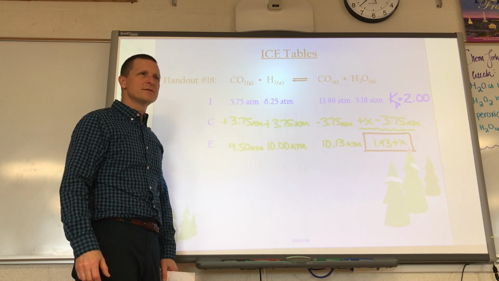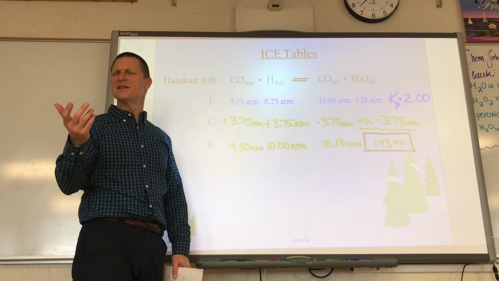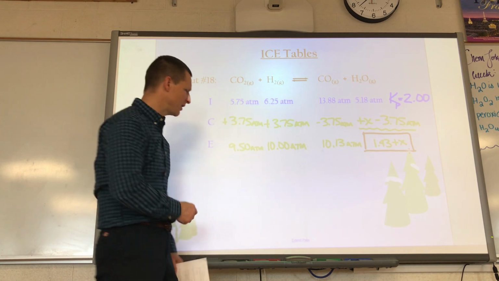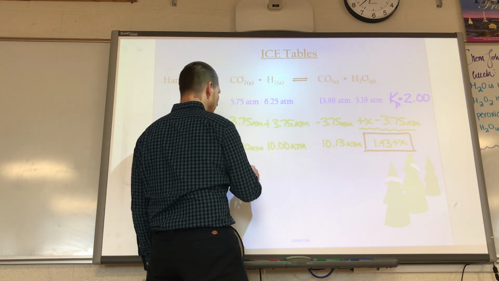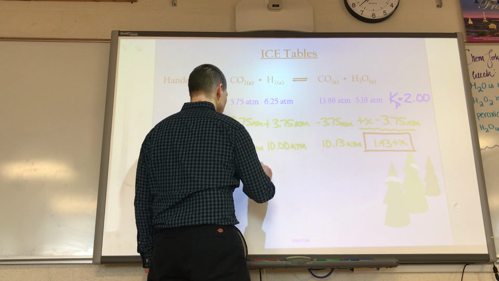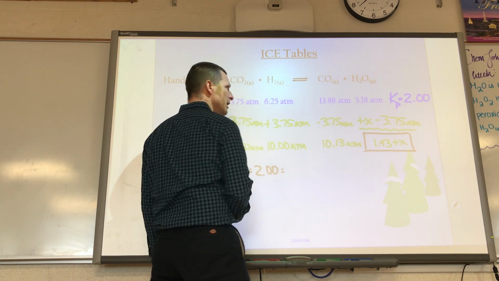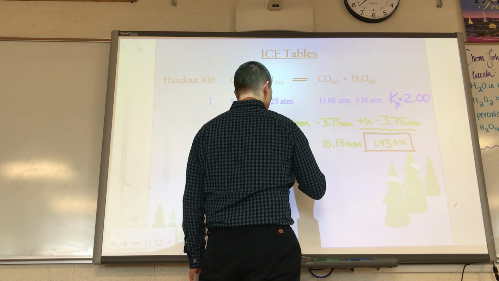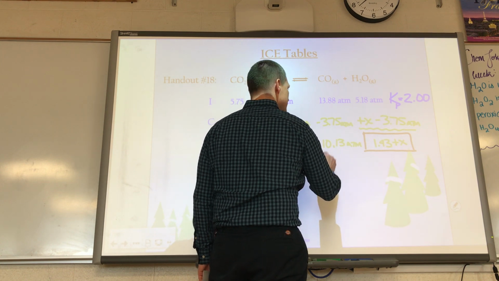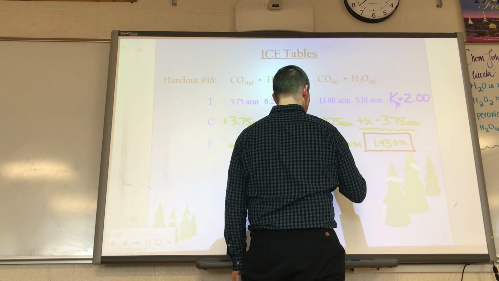So can we solve for X? I think it's pretty easy to solve for X. There's not going to be any X squareds or anything unusual. It's just going to go like this. Kp equals 2.00 equals the products, 10.13, times this quantity, 1.43 plus X,